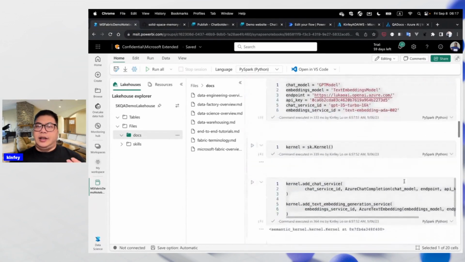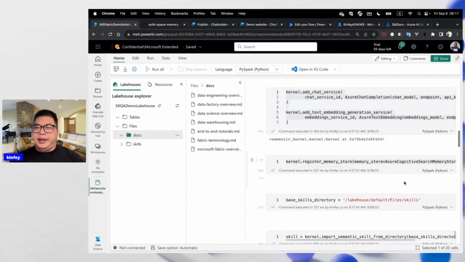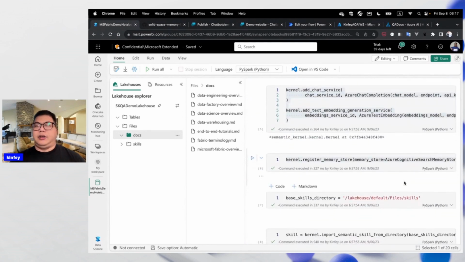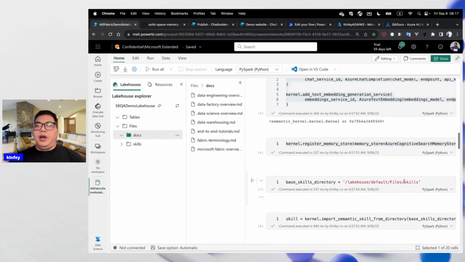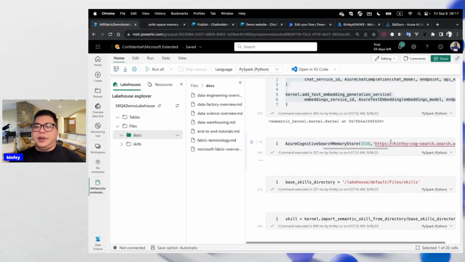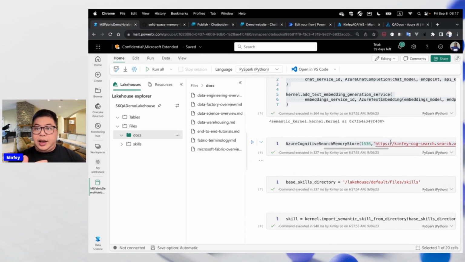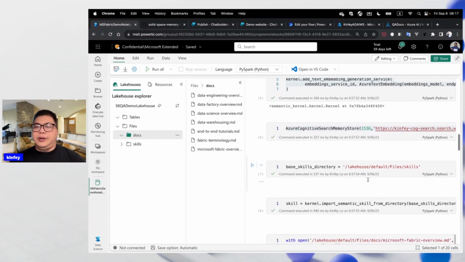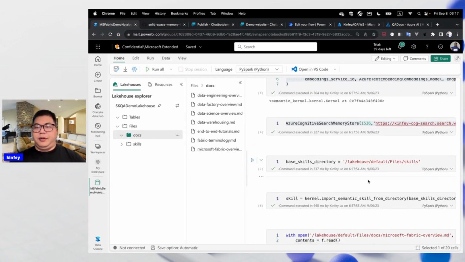Next are the ChatGPT and embedding services, using Semantic Kernel to check the chat service and the text embedding. Then I register the memory storage. Here is Azure Cognitive Search with your Azure Cognitive Search endpoint and key. Then I choose the Lakehouse file folder.